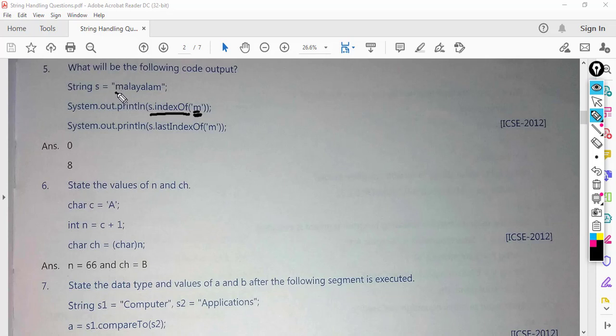So where is the first occurrence? Right at index 0. So the answer is 0. Then S.lastIndexOf('m'). So where is the last occurrence of m in this string? It is right here, the last character in the string Malayalam. So 0, 1, 2, 3, 4, 5, 6, 7, 8. So the answer is 8.